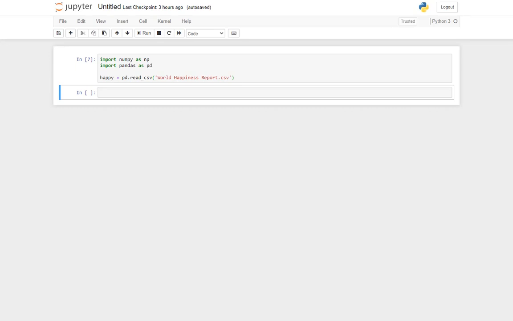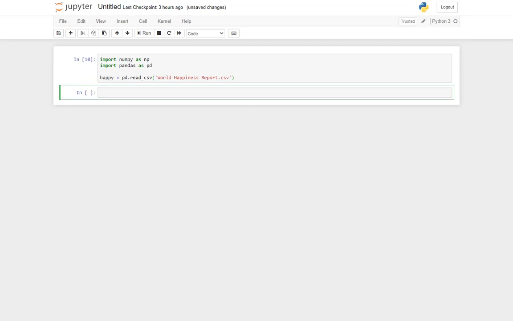Before that, your data set should be in the Python folder. I have pasted my data set in the Python folder so that I can directly read it, with pd.read_csv. If it is an Excel file, you can write read_excel. These are the two popular formats of data sets. To execute one particular cell, you press Shift and Enter. If it does not give you any error, that means your cell is executed without any error, and it is perfectly fine.